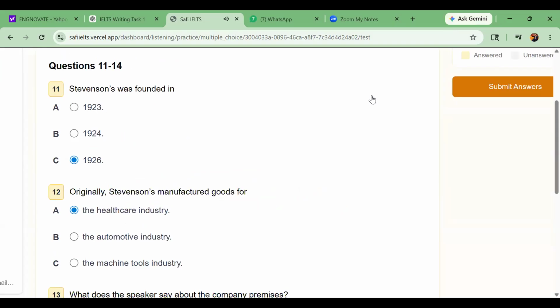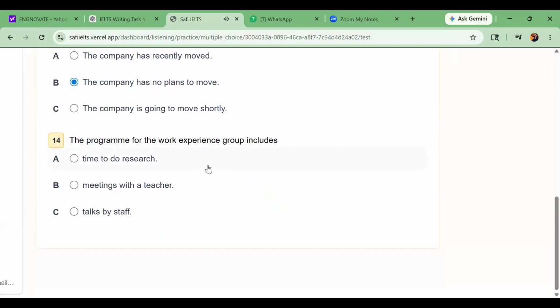So we intend to carry out major refurbishment of this site over the next 5 years. I'd better give you some idea of what you'll be doing during your 2 weeks with us, so you know what to expect.